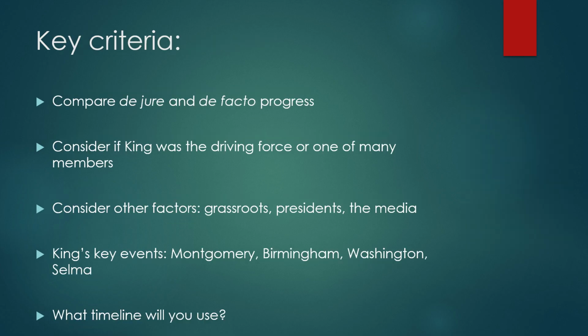So, some key criteria that come up with all these historians, which they consider when measuring the extent that King helped improve civil rights, are the following. They always make a comparison between de jure and de facto progress. I've said these two Latin terms a lot in our videos in this series, but they're very, very important. It's all good saying there's been lawful change in the system because of Martin Luther King, but did he really bring out real de facto change that people could feel and understand in their everyday lives?